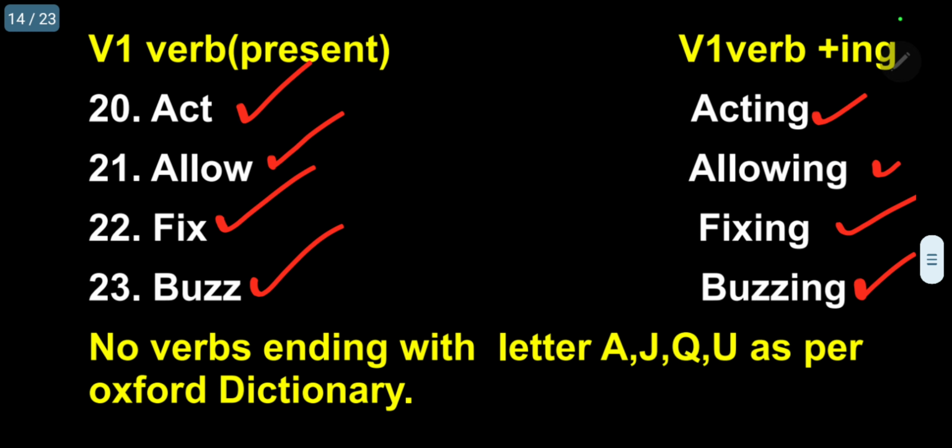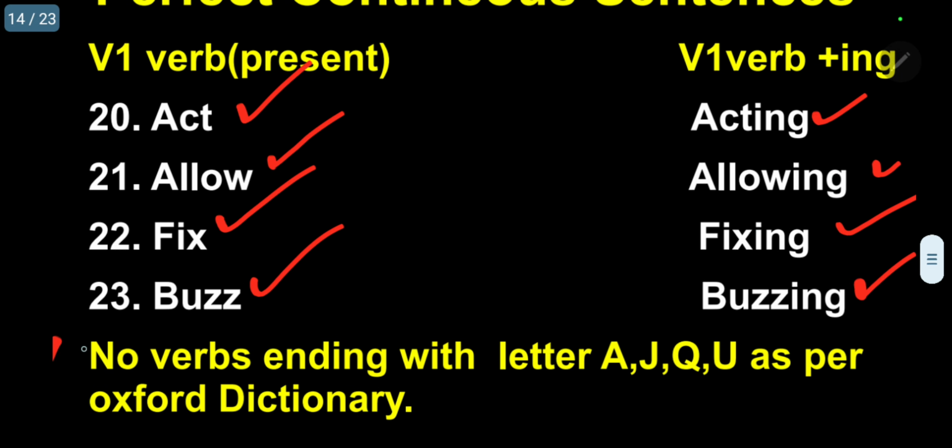The only information I want to give, please follow, there is nowhere a verb ending with letters A, J, Q and U as per Oxford Dictionary. When I referred to the Oxford Dictionary, no verb was found, because I have observed that